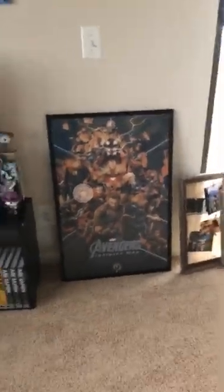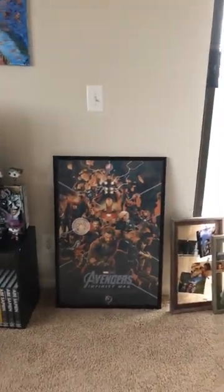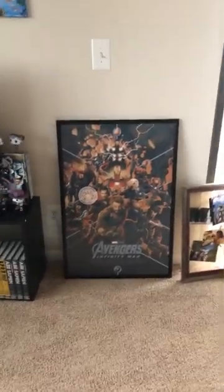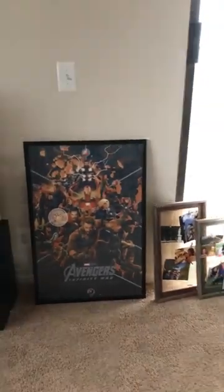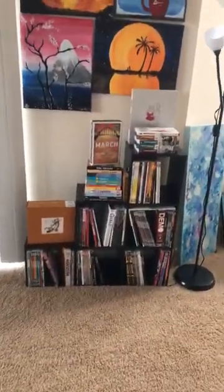And then recently, it finally came after months of waiting, the Avengers Infinity War Mondo poster. So that's pretty, I really like it. I was kind of worried that the variant would look prettier, but this is actually kind of nice. So yeah, that's all. And the last stage of the collection, this is where all the Image trades are, as well as